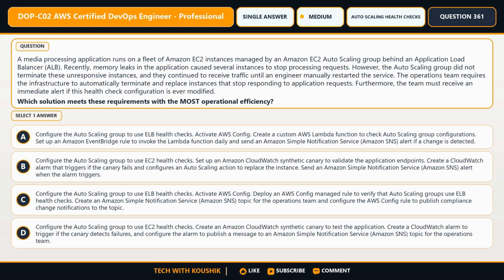Next, question number 361. A media processing application runs on a fleet of Amazon EC2 instances managed by an Amazon EC2 auto-scaling group behind an application load balancer, ALB. Recently, memory leaks in the application caused several instances to stop processing requests. However, the auto-scaling group did not terminate these unresponsive instances, and they continued to receive traffic until an engineer manually